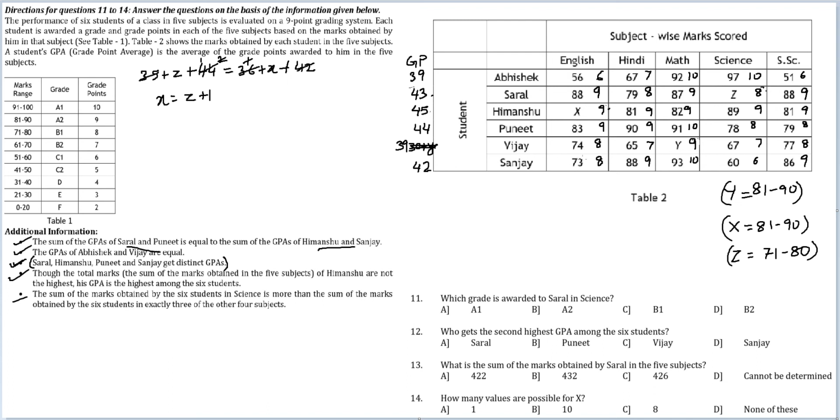4 plus 3 plus 3 is 10. 10 plus 8 is 18. 18 plus 6 is 24. So I get 4. 2 carried over. 2 carried over makes this 24. 24 plus 8 is 32. 32 plus 5 is 37. So 374 plus 81 to 90. So this 374 is of no consequence to me. The total will either reach 464 or will be at 455. This is where the science total will lie.